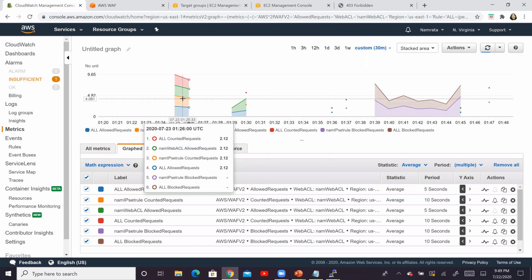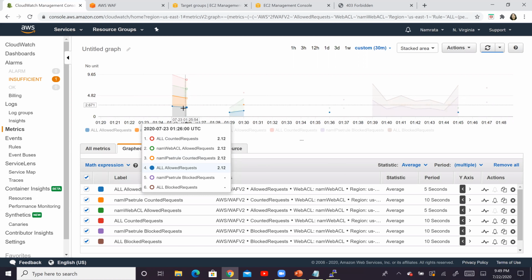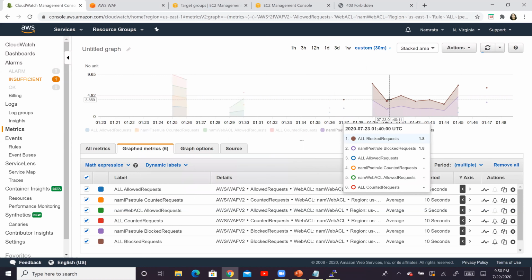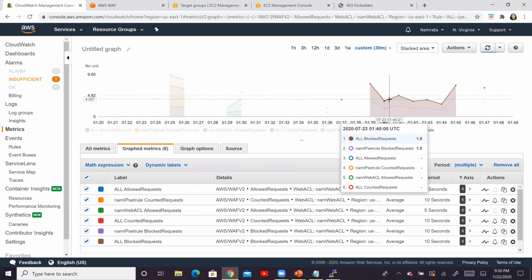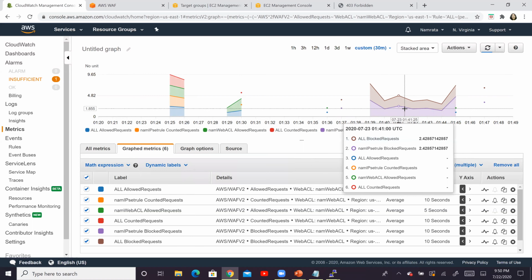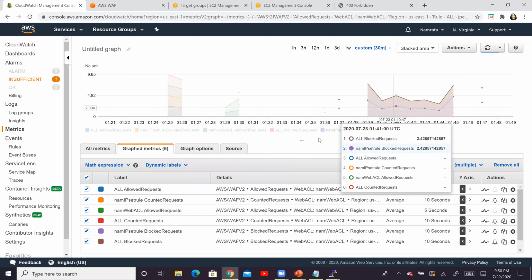You have the number of requests that were rule counted and all the allowed requests. Red is all counted, blue is all allowed. Similarly, we have all the blocked requests that we have received, and the number of requests that were blocked by our rule as well. We have both of them here, as you see in purple.